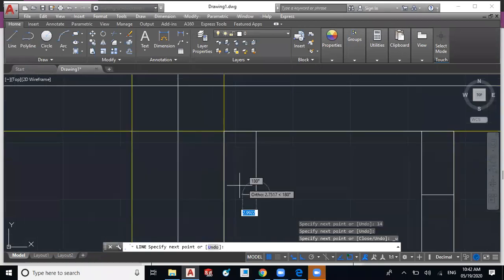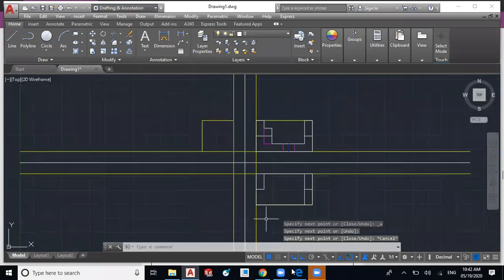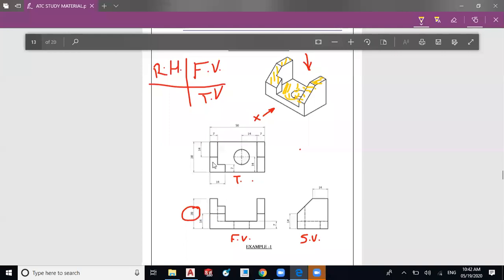It is a midpoint. Okay, fine. Then we have to draw this 7 mm below, 7 mm towards right. Sorry, we have to track this point from the side view. So we'll draw it after drawing the side view.